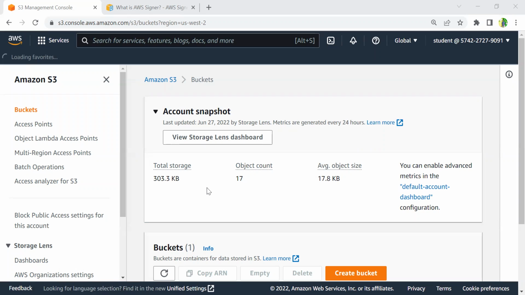Here we are going to define Amazon S3 as the source and destination bucket. AWS Signer will retrieve the unsigned packages from the S3 source bucket, then perform the sign job on the specific package, and then deposit the signed package in the S3 destination bucket. The source and destination will both be S3, but we are going to upload a sample deployment package, and that package will be signed into a different